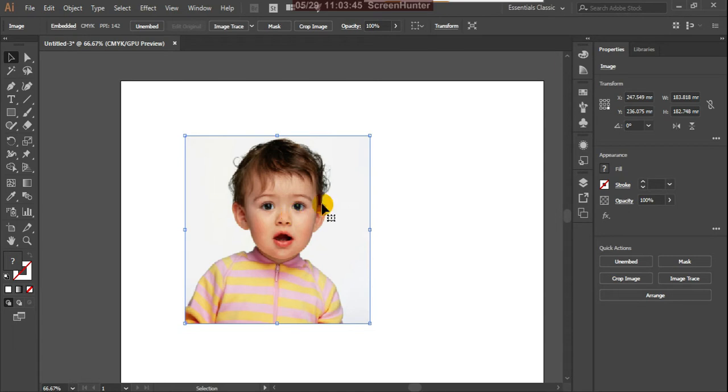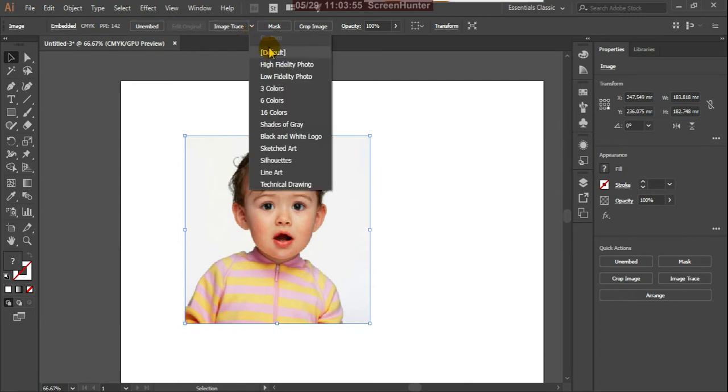Okay, so next after selecting this, you can find here image trace. For the image trace, actually there are different methods. So the software itself can trace for you in different ways. In the default method, and high fidelity photo, low fidelity photo, 3 colors, 6 colors, 16 colors, shades of gray, black and white logo, sketch art, silhouettes, line art, and technical drawing.